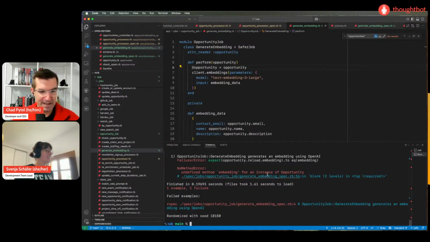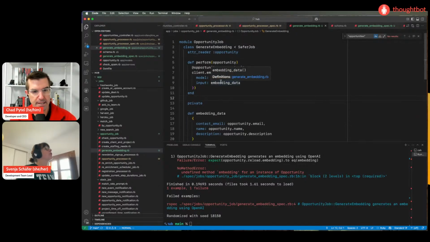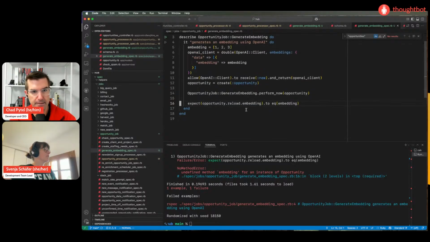Okay, undefined method embedding for an instance of opportunity. That makes sense. It is now doing that request and trying to read out the embedding, and that doesn't exist.